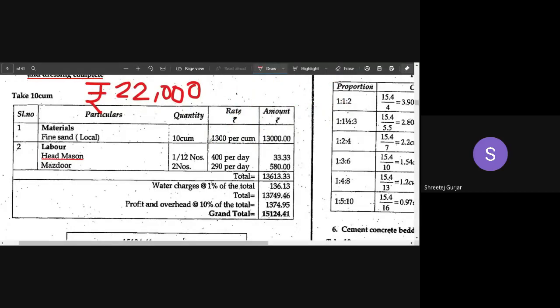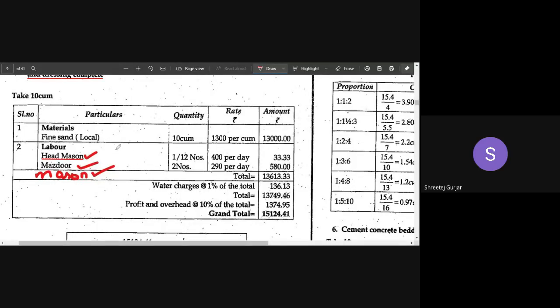Rate per cubic meter. Can you please convert this particular 22,000 which you are telling me, or 8,000 per brass? Try to convert and tell us so that we can have an idea what the prevailing rates are in our city. Meanwhile, can you tell me what the daily wage is for head mason, mazdoor and mason? Can anyone tell me the prevailing rates for these kinds of labor? Head mason, mazdoor and a normal mason.